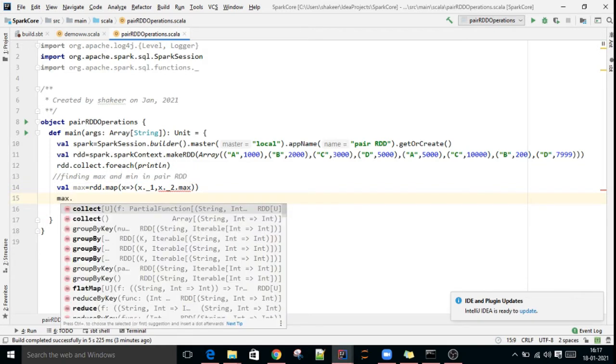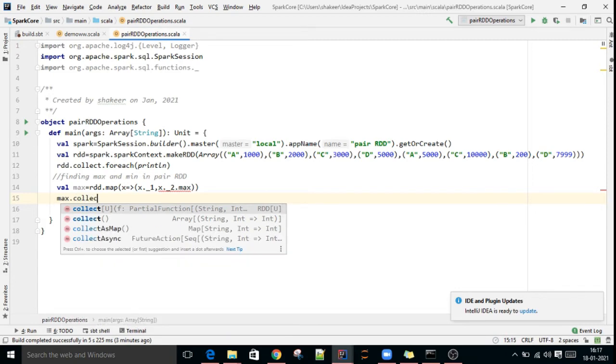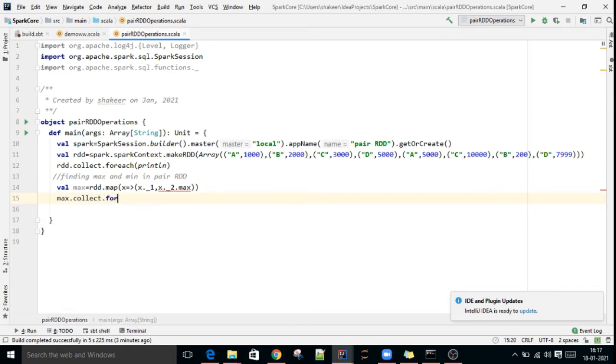Once this is done, I am printing collect.foreach(println).